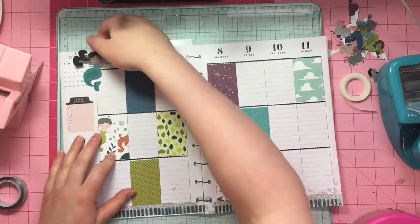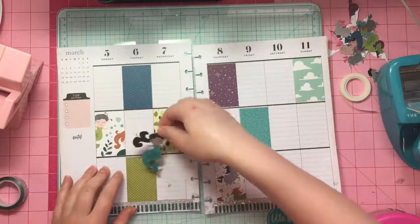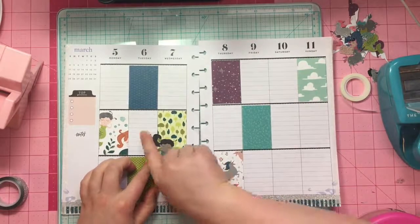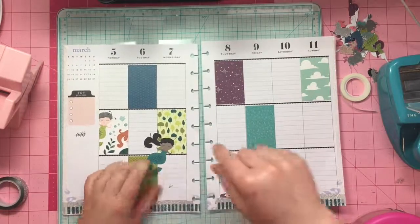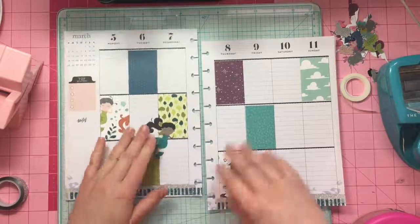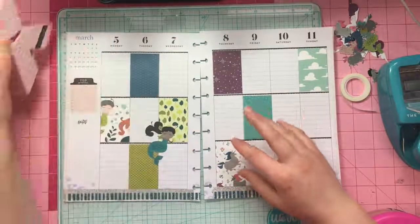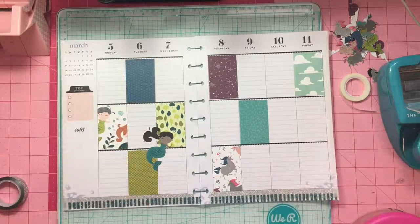So I'm going to, let's see. I'm going to place her right here. And then she's all set. She's got all her adhesive on her that she needs, and good to go. So that's a little cool tool for these little pieces that we're working with to be able to make them